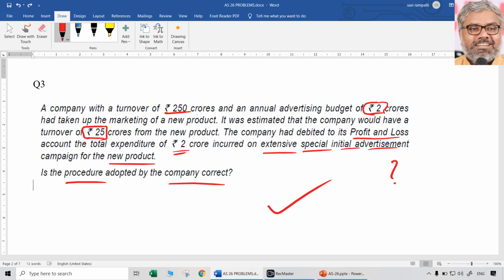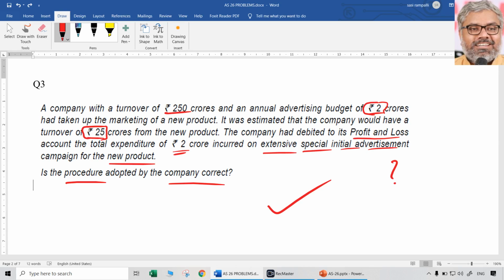And this is always a big, controversial, debatable issue throughout the world, because a lot of multinationals incur advertisement expenditure extensively throughout the world, and they just charge this to the P&L account. But the argument is that by incurring that advertisement expenditure, they are creating a brand value, which is an intangible that could not be measured reliably. So they are not recognizing it as an asset, and they are just charging it off to the P&L account and claiming tax benefits also as an expenditure. Whereas ideally, they should have created an asset and amortized it over a period of time, is what some people argue.